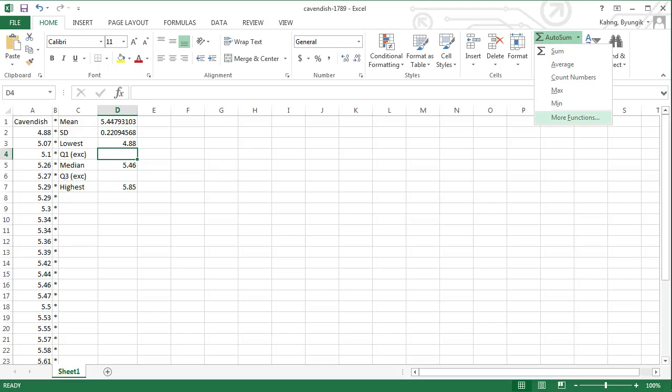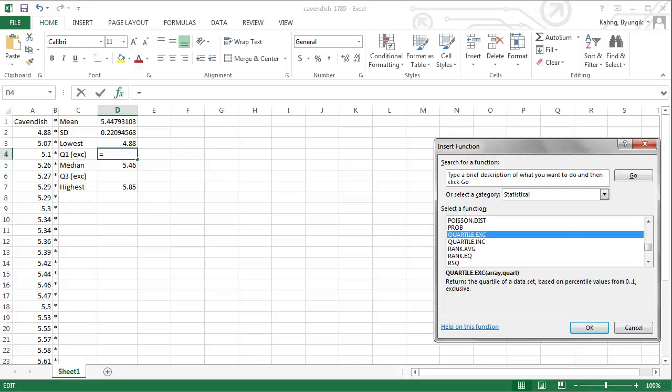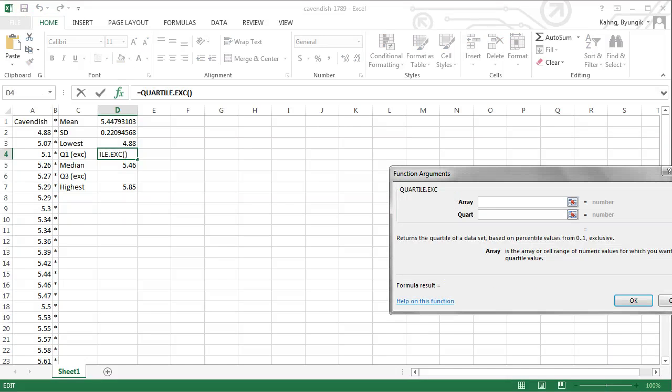Go to more functions and statistical. And let's go to quartiles, but there are 2 of them. Quartile EXC and quartile INC. The quartiles that we use in our textbook is quartiles EXC. This is a little bit easier of the 2. Select this one and then